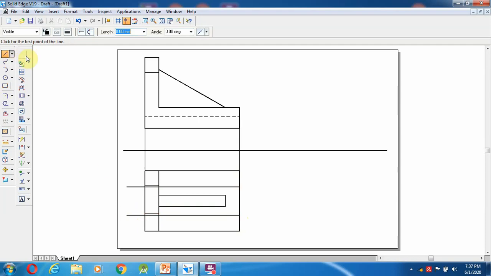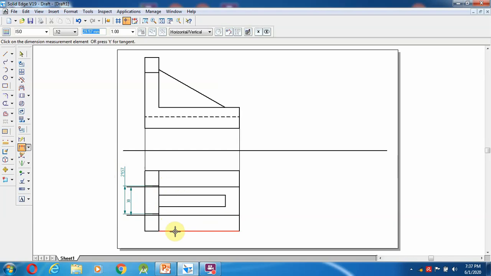Now I'm going to check the dimensions from here to here, 30, from this line to this line. So that is the problem.